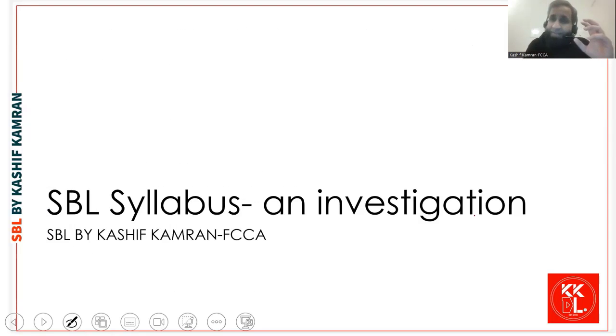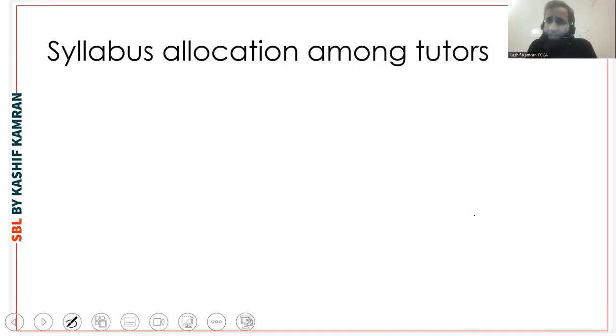Second, the investigation of the syllabus. What is the SBL syllabus? Is it difficult? Is it challenging? Is it very broad? Let's investigate the syllabus. Now, in terms of the syllabus, I need to make an alert here that the syllabus is allocated among two tutors,